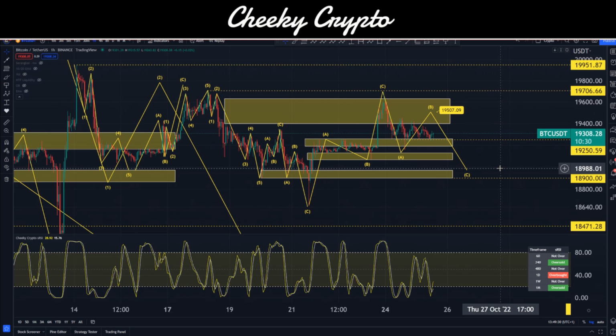It doesn't look like the macro picture wants to represent what the whales and the shrimps are doing, but at the same time, it does look like end of structures are around that $16,000 to $15,000 level, at least at the moment. Things do change, of course, but for me, I'm keeping an eye on those wallets. I'm expecting the shrimps to succumb to selling pressure. That's where the whales accumulate, and then that is when the Krakens drop on the market, bringing in the bear market bottom. So essentially, that is where I'm thinking good accumulation points are, but the structures are indicating slightly different targets. So keeping an eye on all of this data and helping you guys navigate this space slightly safer.